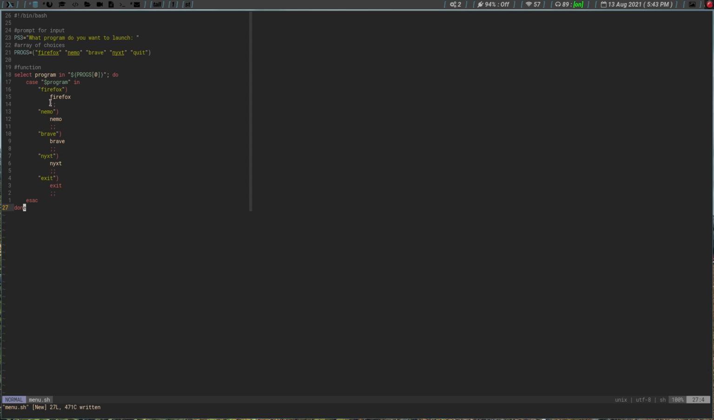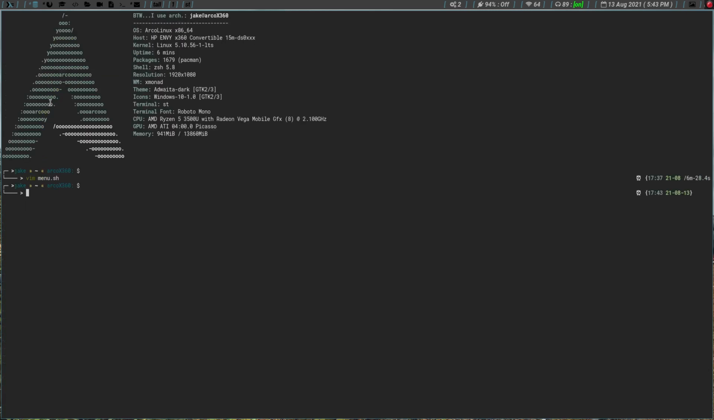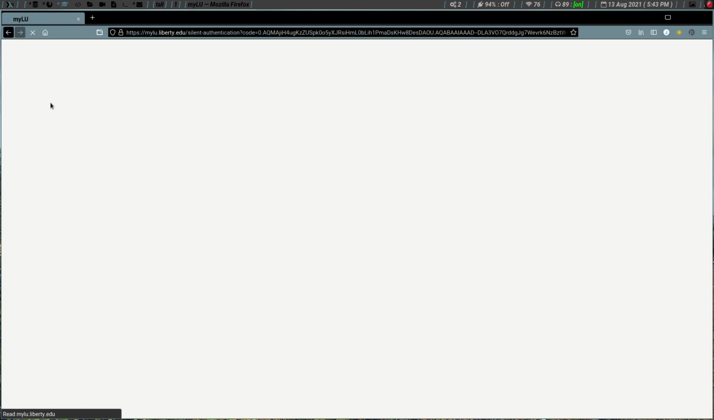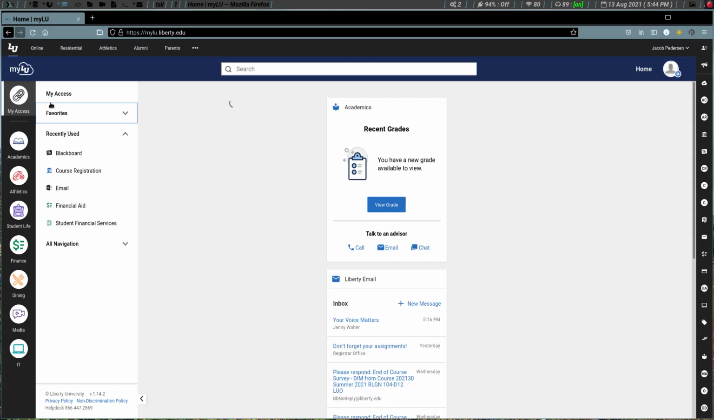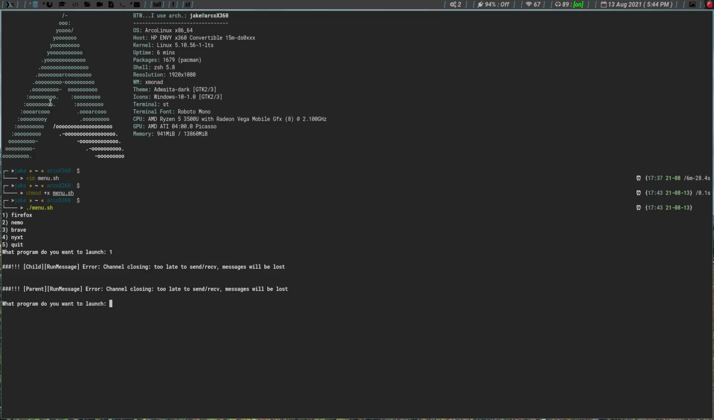So then what we need to do is we'll write and quit, and then we'll do a chmod +x menu.sh, enter. And now if we do ./menu.sh, we hit enter, we get our menu pops up. If we want to launch Firefox, we hit 1, and I have Firefox set to launch on Workspace 3, so there it is there. If we want to close that, go back to the menu, it comes back